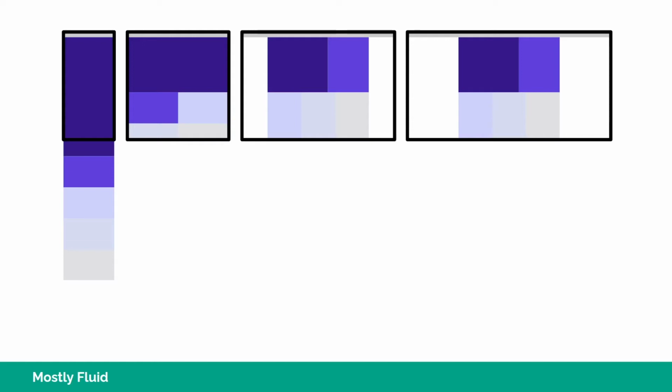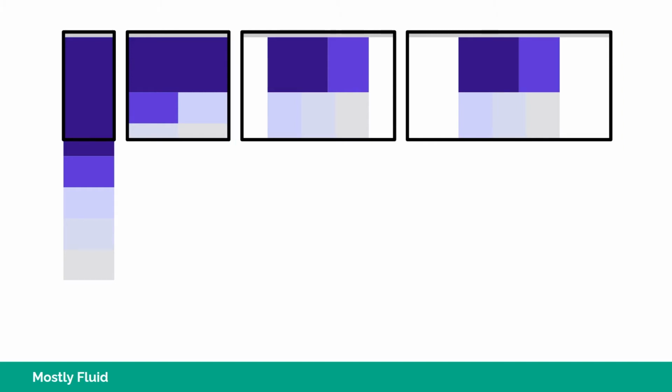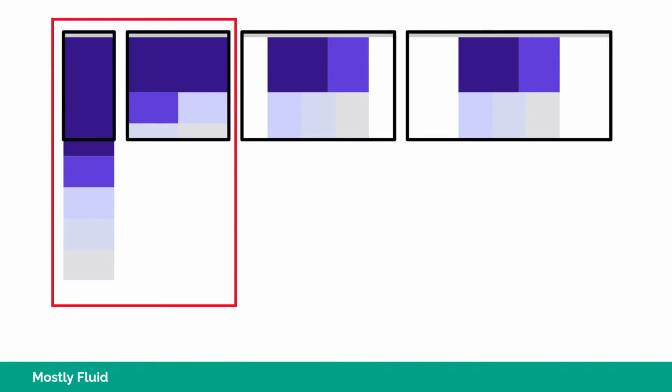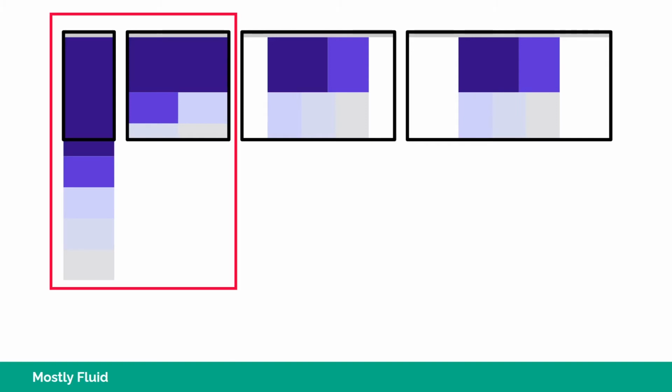So if you look at the graphic here, the last 2 boxes represent the bigger display, and you can see that it's just the white space that is different. Now, on a smaller screen, so the first 2 boxes, this is when the responsivity really shows, and in fact it's the same for all 5 patterns. It is when the screen is small enough that the responsivity is really shown. So back to mostly fluid. Now the name already tells you that the layout primarily consists of a fluid grid, and on those smaller displays, the fluid grid moves the content. It causes the main content to reflow, and the columns will be stacked vertically to fit the screen. So you can see on the first 2 boxes, the content is reflowed.